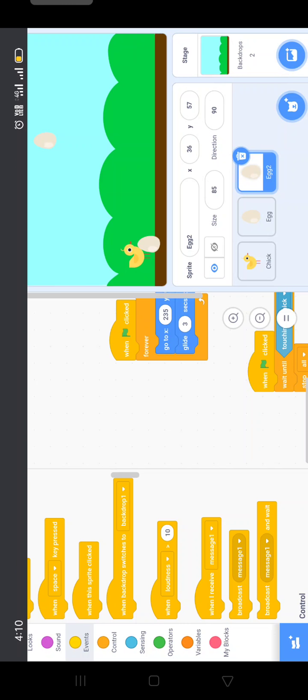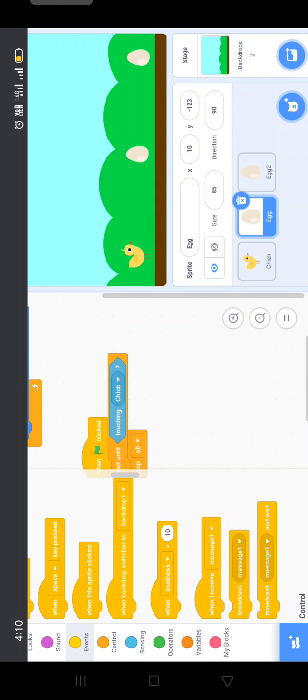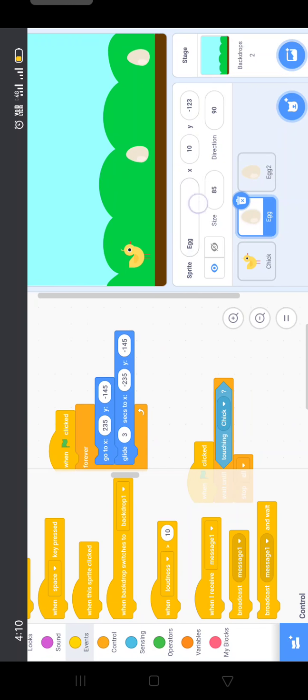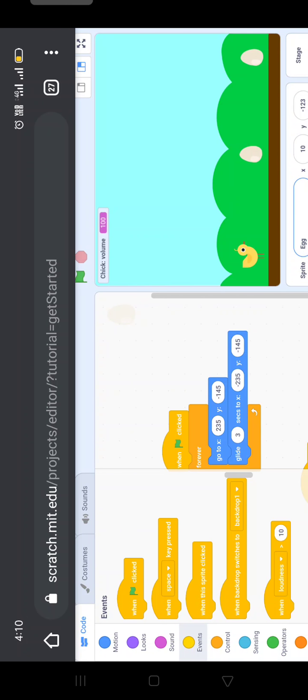Here we have to make some little more change, because when we'll click a green flag, that time here see we only can see only one egg, because here it is back of this egg.